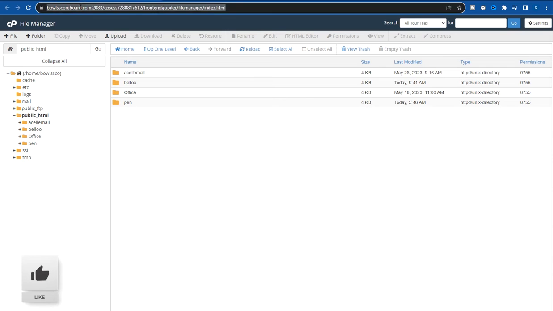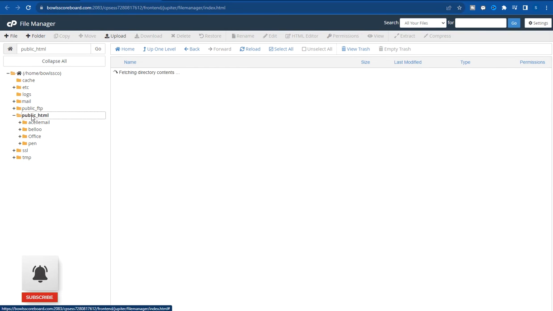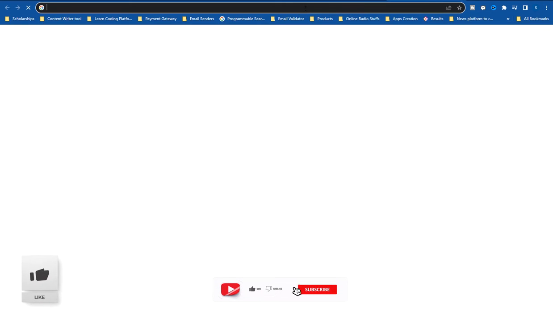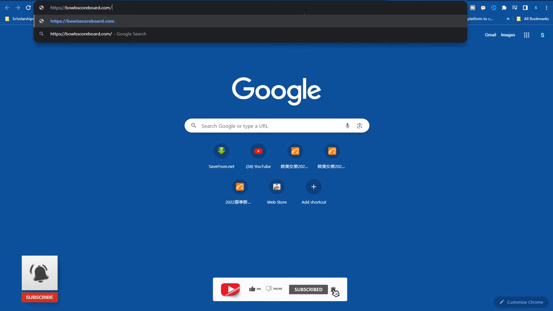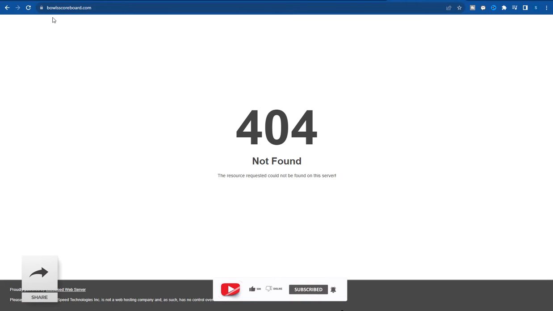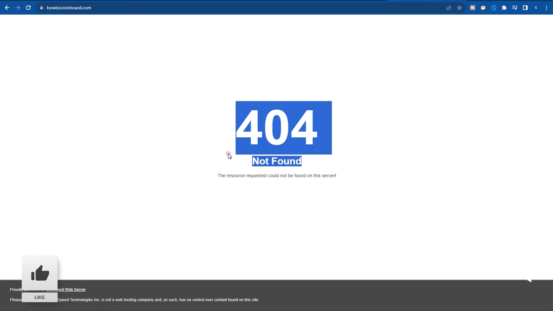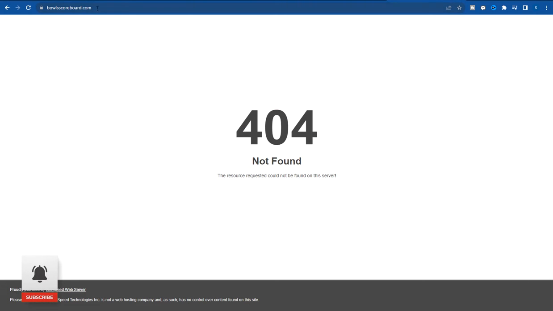So this is my domain right now. Let me copy my domain. As you can see, in public_html there are no files, but there are folders. All these folders are websites. I'm going to visit one of the websites for you to see. When I press enter on the main domain, you get a 404, which means there is nothing found on this domain. But when I add